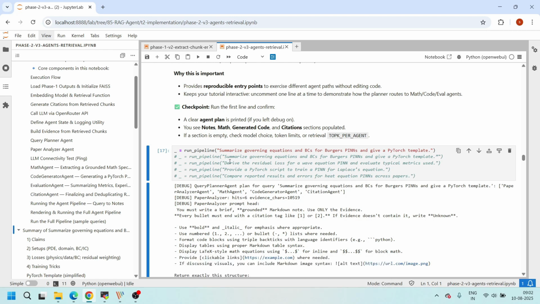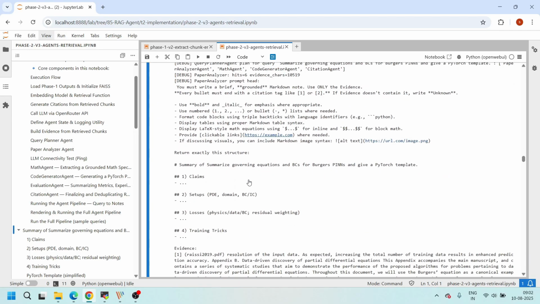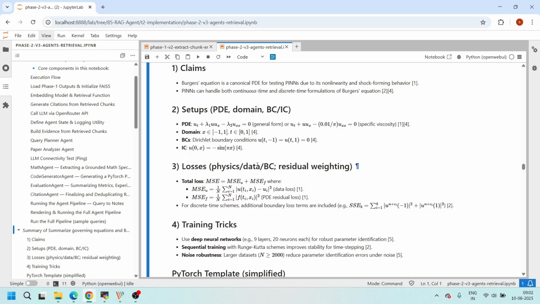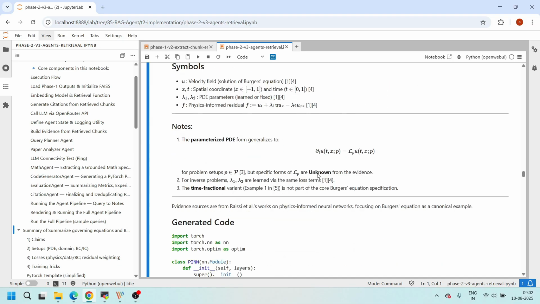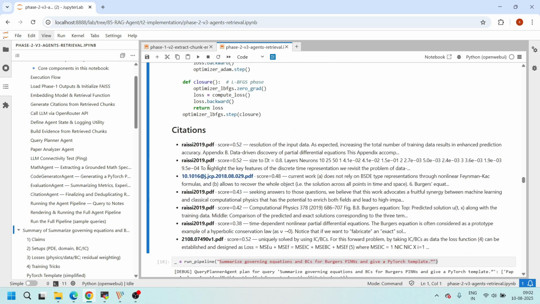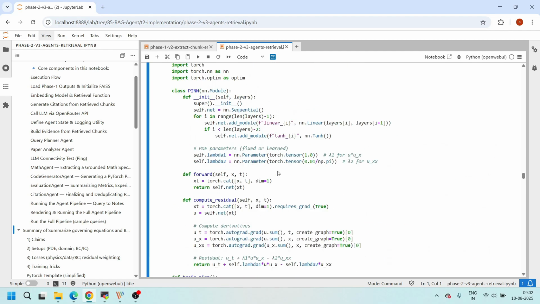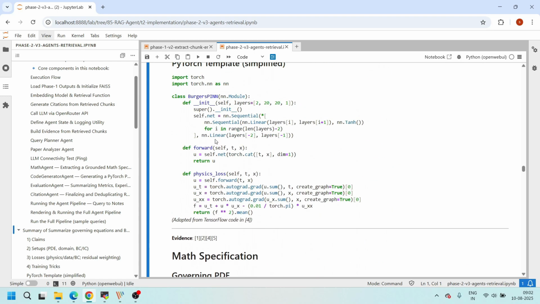There are no restrictions. This tool can extract key technical insights and convert them into human readable notes like this, pull out the governing equations that were specified in the research papers, and even generate some runnable Python code, all with proper citations as we have shown here. These citations refer to the document from which this particular reference has been extracted, or this particular code has been